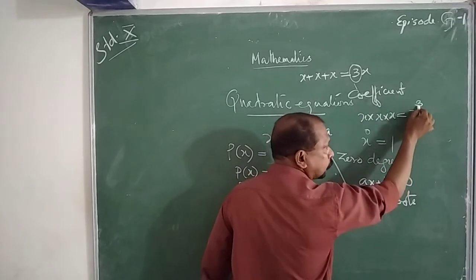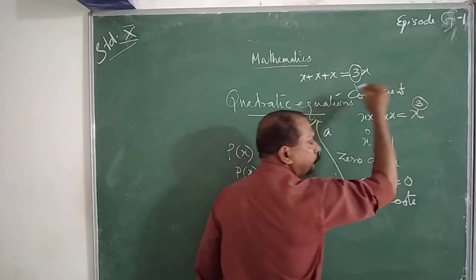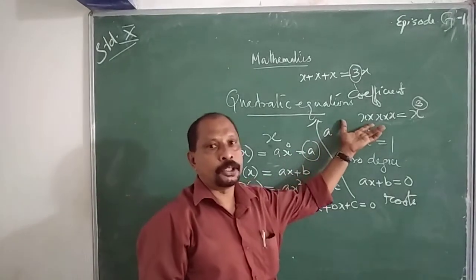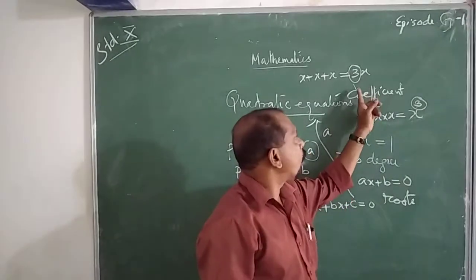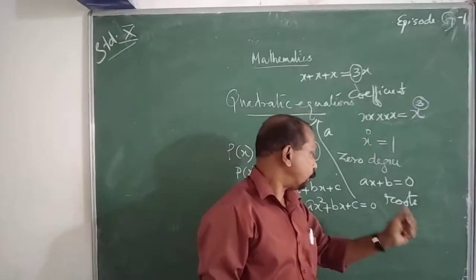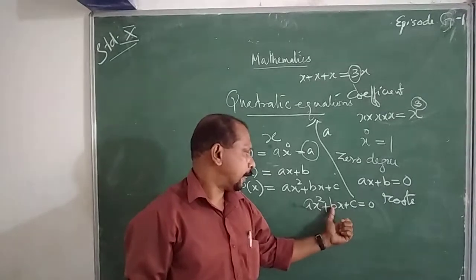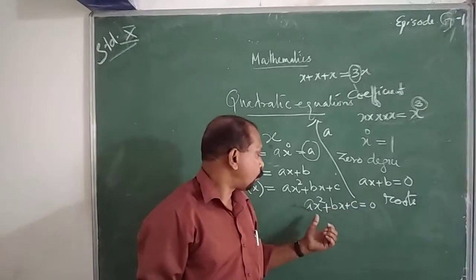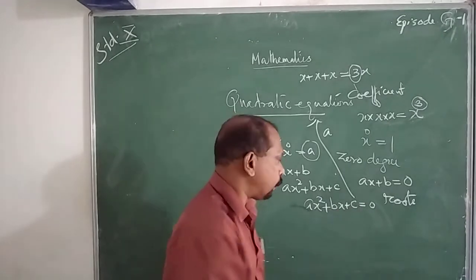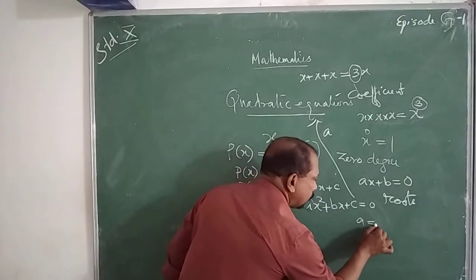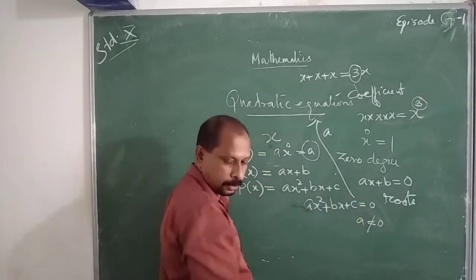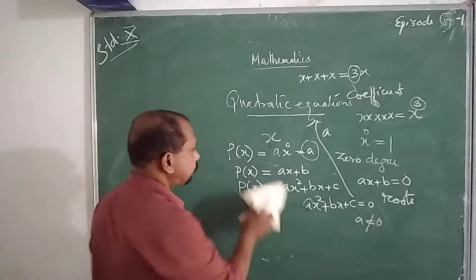Therefore, it is known as x cube. That 3 is the power of that variable. Power means the multiplication of the variable that number of times, and the coefficient means we add the variable that number of times. Therefore, ax squared plus bx plus c is equal to 0 is the quadratic equation, and a, b, c are constants. There is a condition for that one: a is not equal to 0. If a is equal to 0, it reduces to a first degree equation.